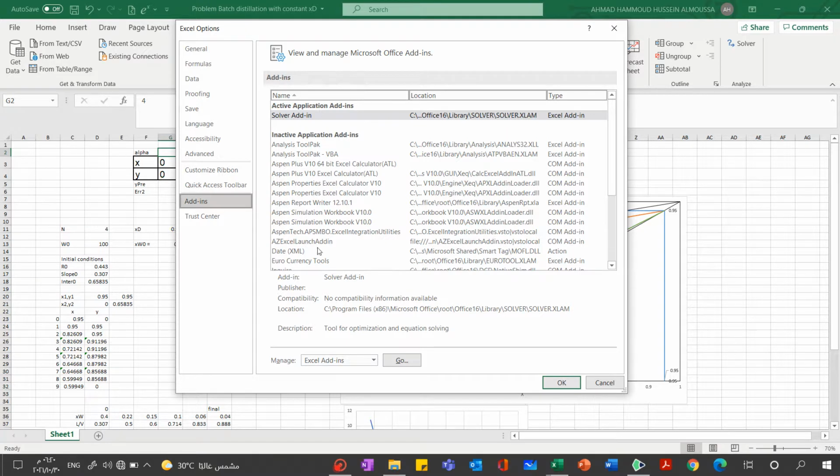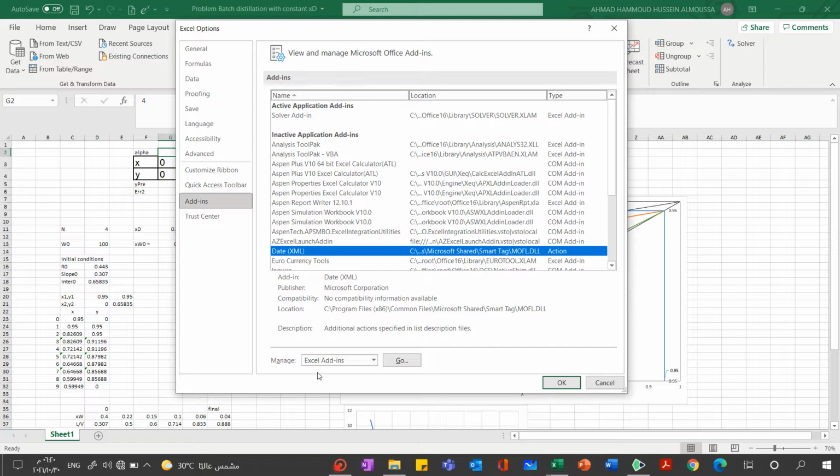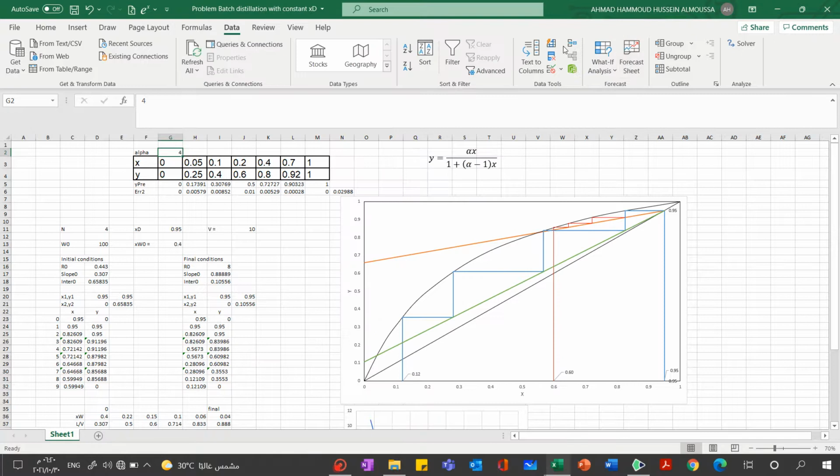Go to it and click on it, then select go. It will move from the inactive side to the active side. Then press OK. I have already activated it, so no need to activate it again. Then when you go to the Solver,